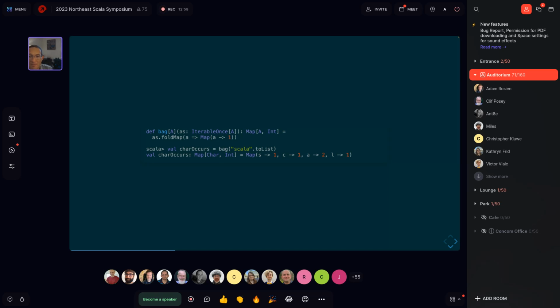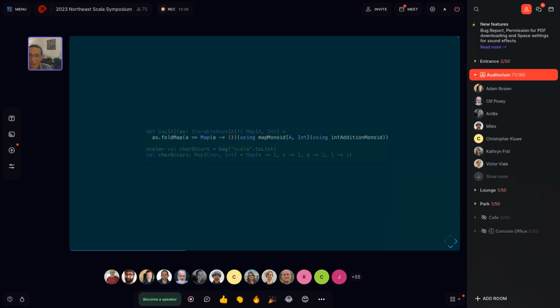So what's interesting, again, is maybe not the algorithm itself, but the rewrite. If you think about the monoid that's being derived, in a sense, you end up with something like this. The compiler is able to look at the fact that the inner function we're passing to fold map is returning a map of A to int, and it goes and searches for a monoid instance for a map of A to int.